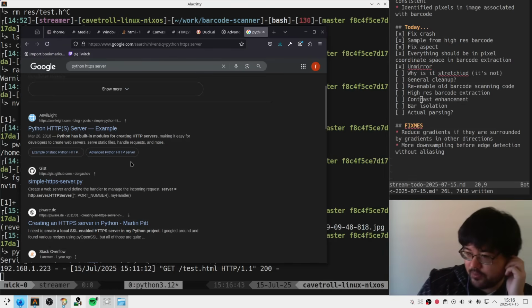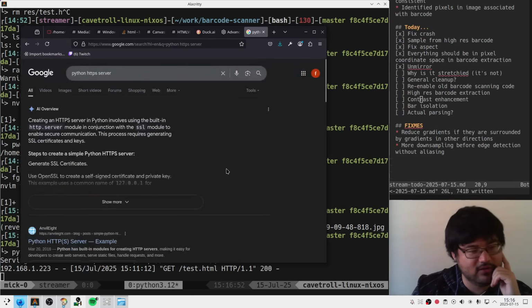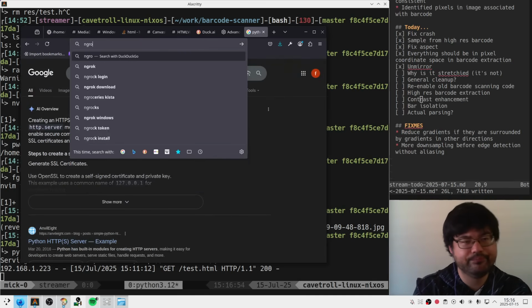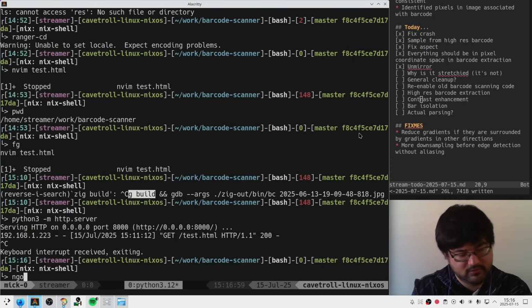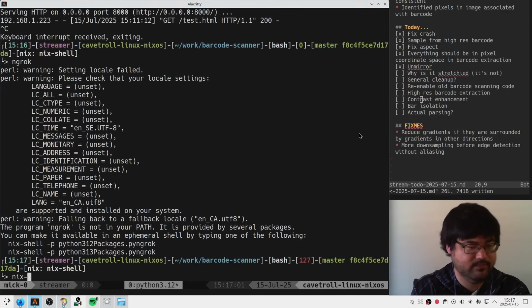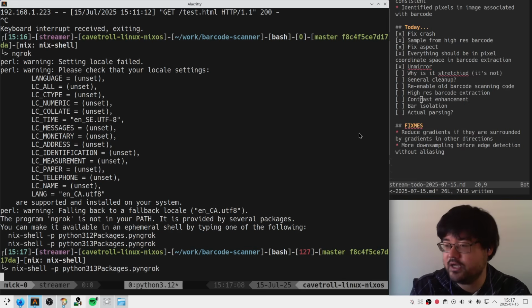Ngrok is a reverse proxy that runs locally on your machine, opens a secret tunnel to the public server hosted by Ngrok, and forwards external traffic from the public URL to your local server. Yeah, that doesn't sound crazy. That seems like what I want. I'm down to check. That sounds like the easiest answer. Then we can get your camera. True, so I just have to be careful about